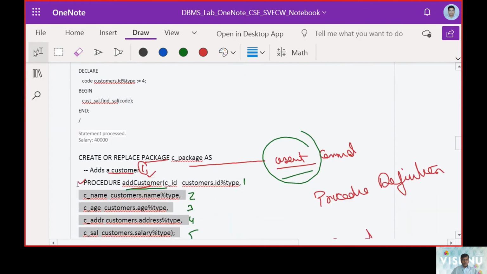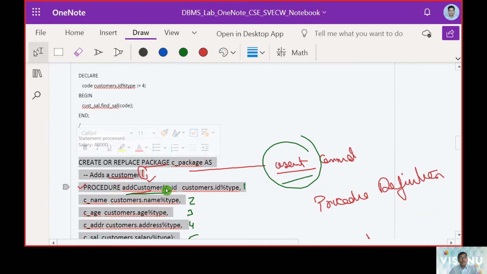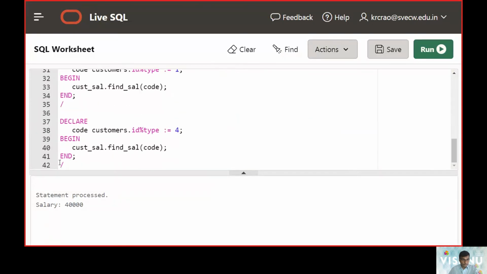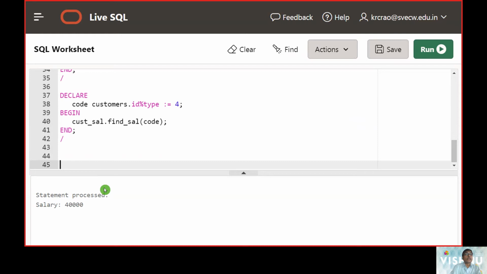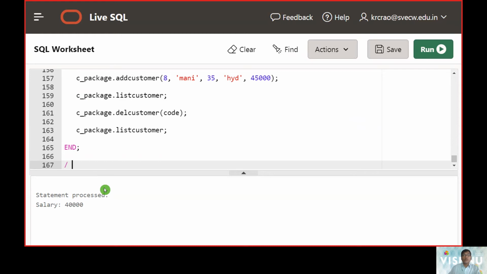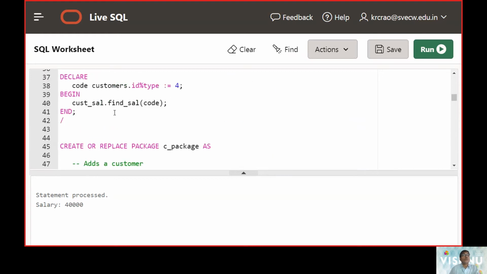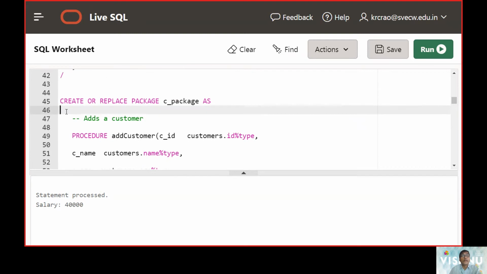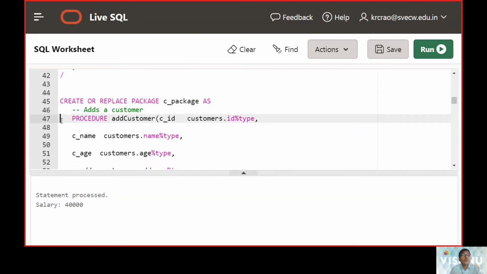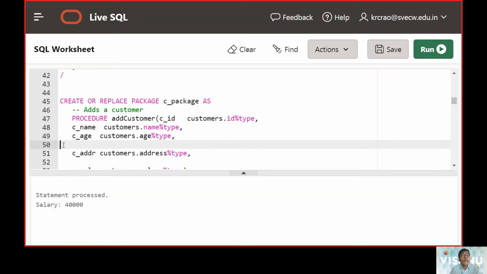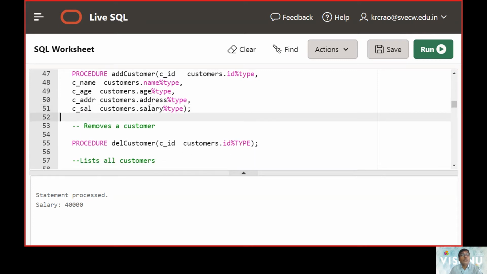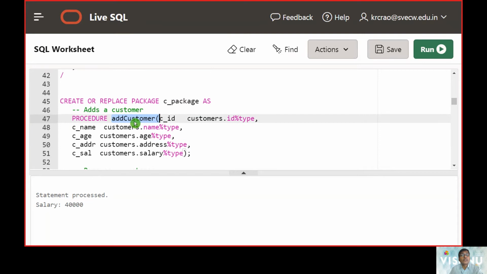Okay, so we will now use this holistic package. We will dump this into our work area here. We will start at line number 45. Now we are in a way to create our own package, and the package is going to support procedure 1, that is to add a customer.